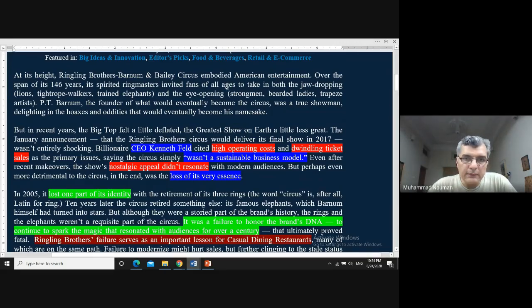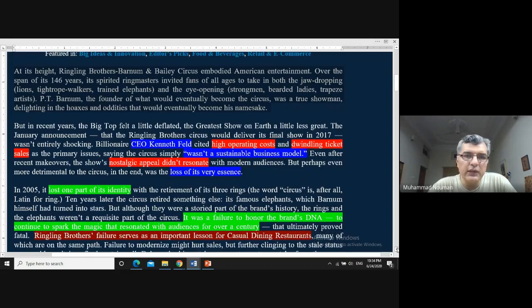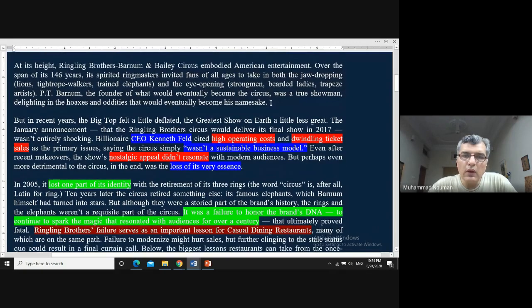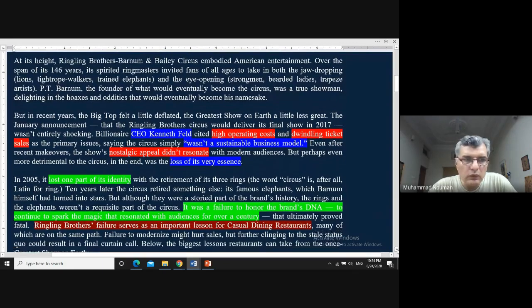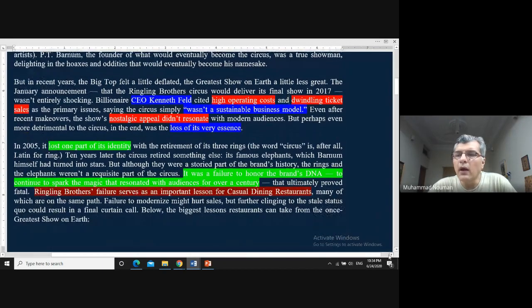So starting with the first paragraph, it merely informs you about the origins of the company, Barnum, Ringling Brothers, Barnum and Bailey. So nothing special about it. You can read it later on. Moving to the next paragraph,